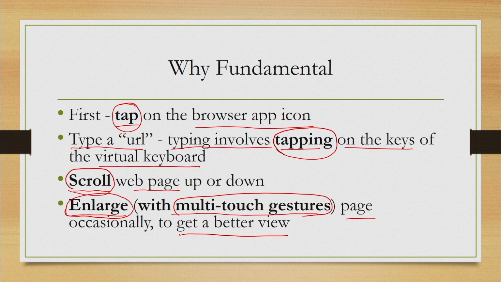If you do this analysis for any interaction task on a touchscreen device, you will find out that all these tasks can be represented as a combination of these three basic tasks, namely tap, scroll and multi-touch gestures. That is why we are calling these three touch interactions fundamental touch interactions, and any other interaction a combination of these fundamental touch interactions.